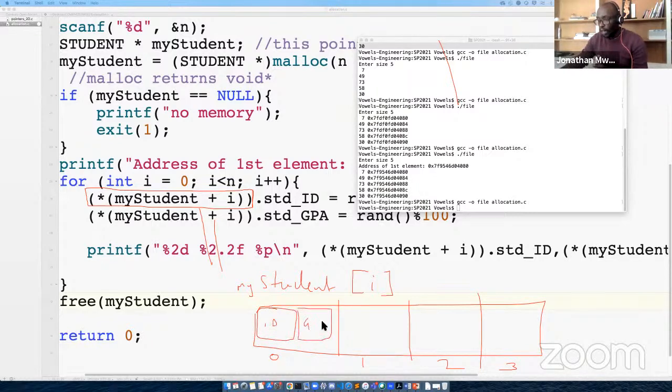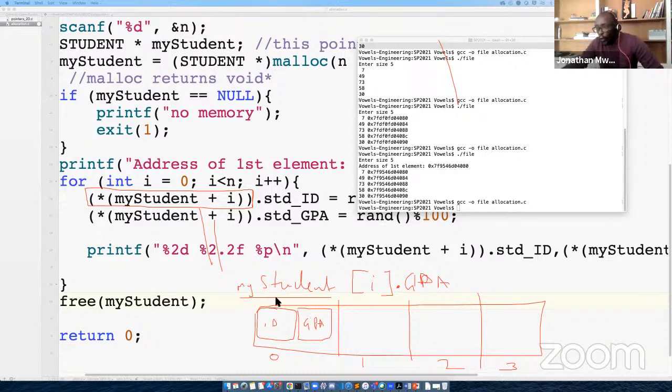Every one of them looks like this. It has an ID and a GPA. So what we are doing is we're saying, go to my student index I, so for example, index 0. And then when we say dot here, the member operator dot, saying dot, get me the ID. Dot, get me the GPA. That's what we are doing.